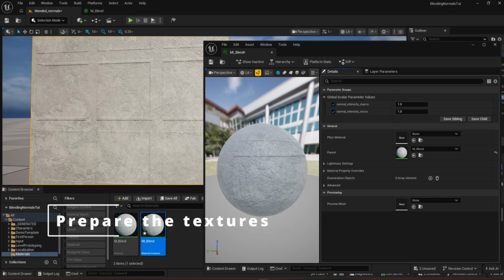Blending multiple normal maps in Unreal Engine is a powerful way to add layered surface detail to your materials. In this tutorial, you'll learn how to blend two normal maps together correctly, add base color and roughness textures, control the intensity of each normal map independently, normalize the result to avoid lighting artifacts, and expose controls through a material